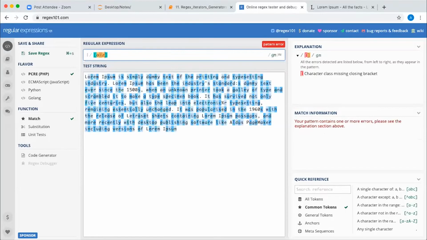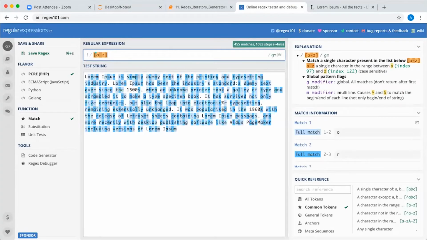A to Z. For that, the length of this string should be the same. So how many do we have? 1, 2, 3, 4, 5, 6, 7, 8. 1, 2, 3, 4, 5, 6, 7, 8.